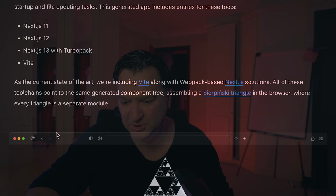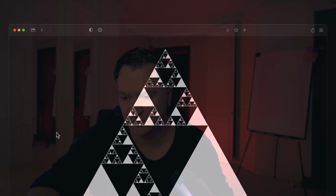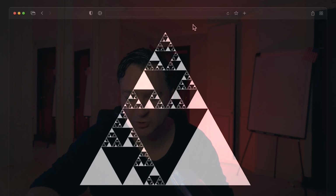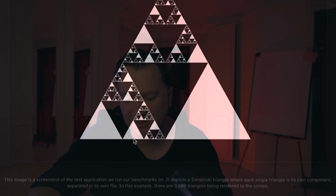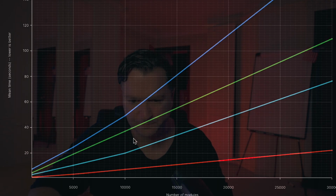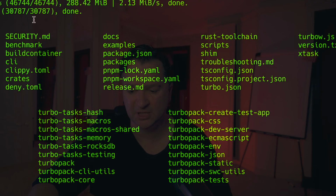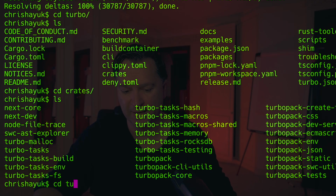If I bring up their website for a second, if we click on the benchmarks, you can see the benchmark that they're using. They've got this little test generator where it's creating a Sierpinski triangle, and you can see the triangle there. So that's actually the test that they're using. So let's see what this actually creates. We will go into TurboPack, create test app,